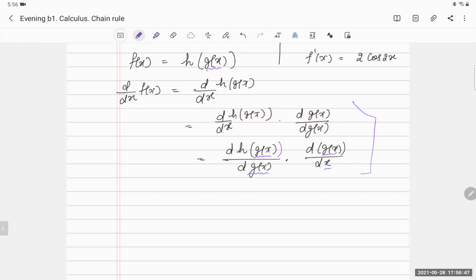Now you will say, sir, I don't understand this. I know 90% of the kids will not understand what is going on, and it's completely okay. You don't have to understand or remember this. If you are getting it, very good. If you are not getting it, it's okay. We will understand this concept by example. Examples are a very good way to learn the chain rule.